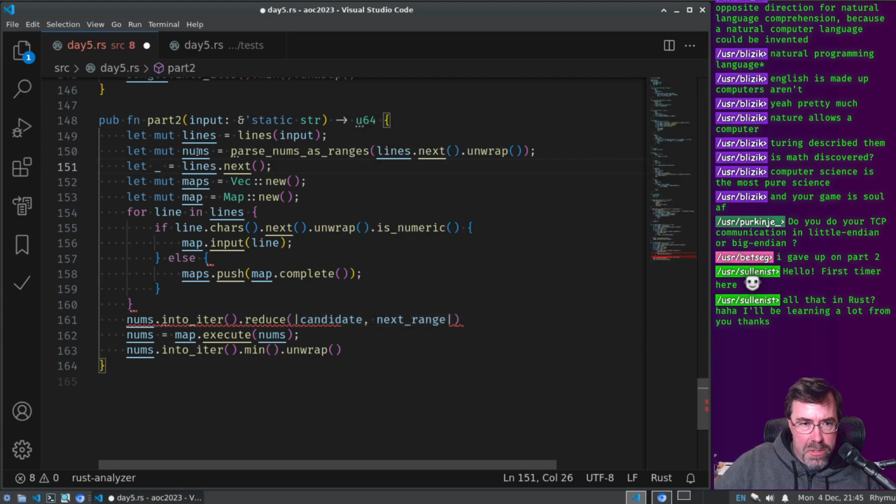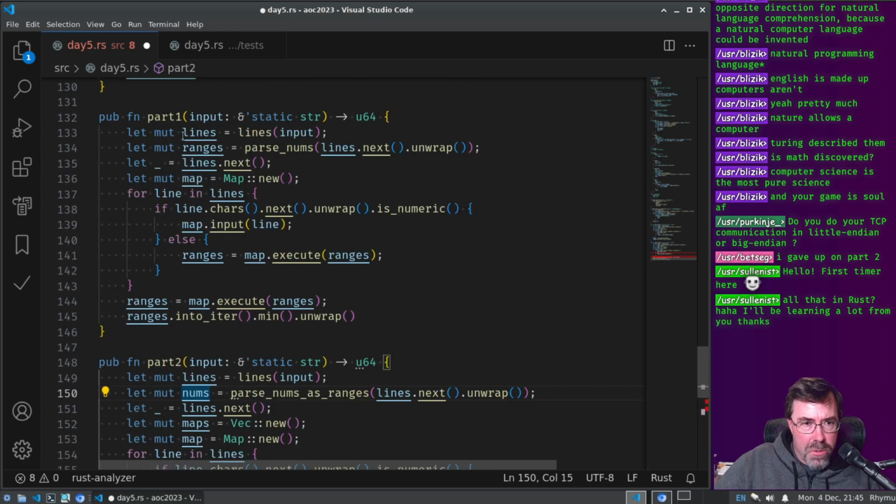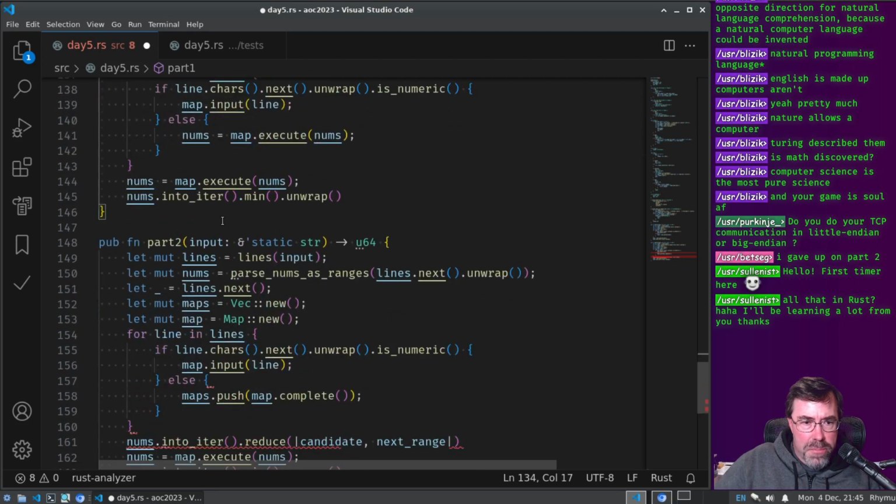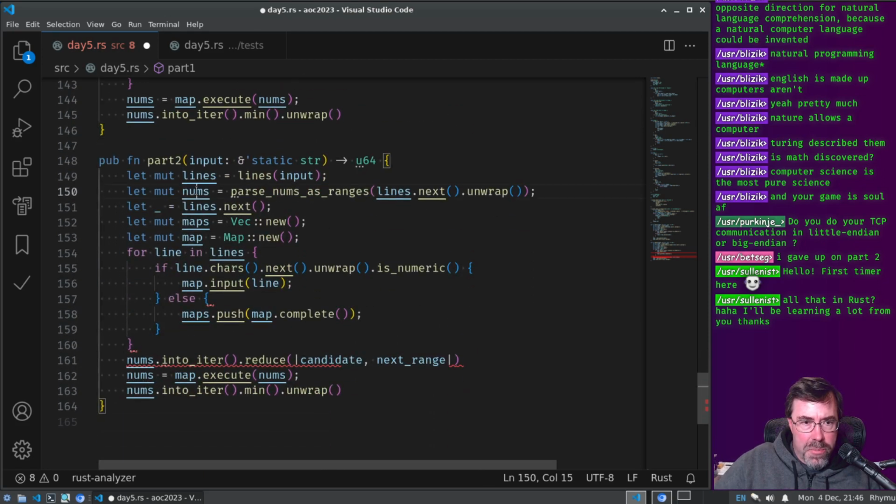I forgot to rename this. I was going to call it ranges. Oh, I accidentally changed it in part one. That should just stay nums. We're not touching part one. Part one was golden. It's part two, call these ranges. So we take the ranges, we iterate, reduce the candidate, and then the next range.